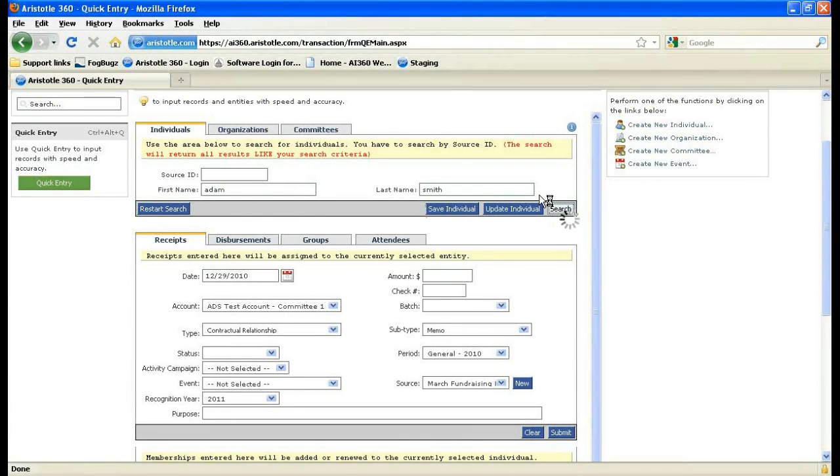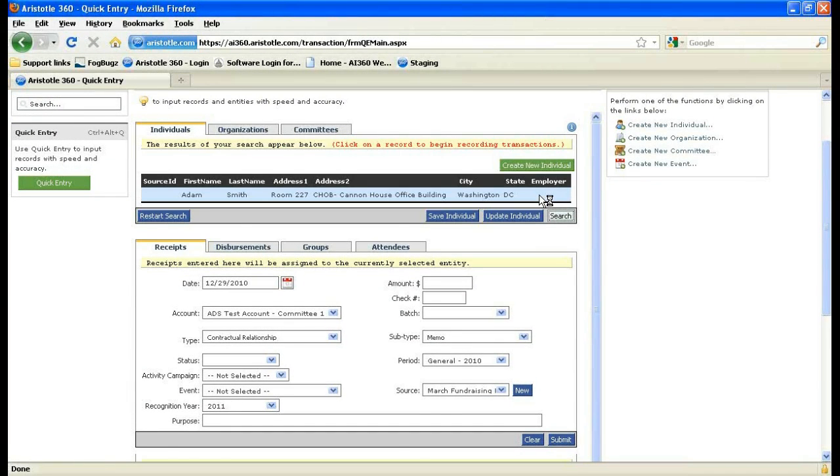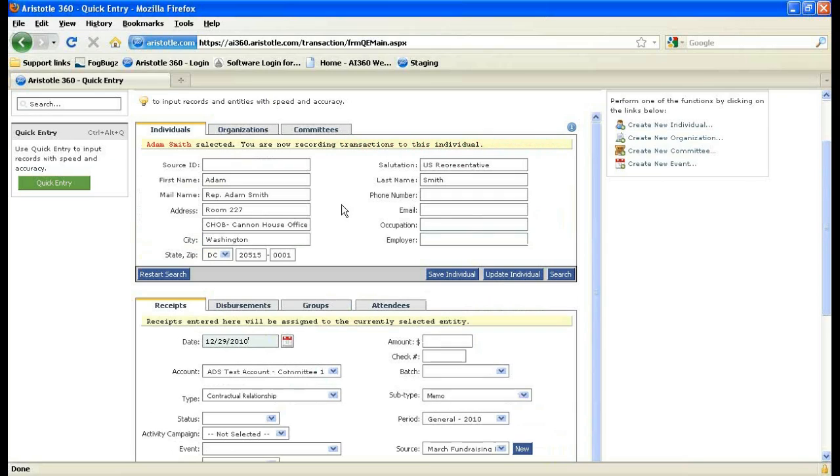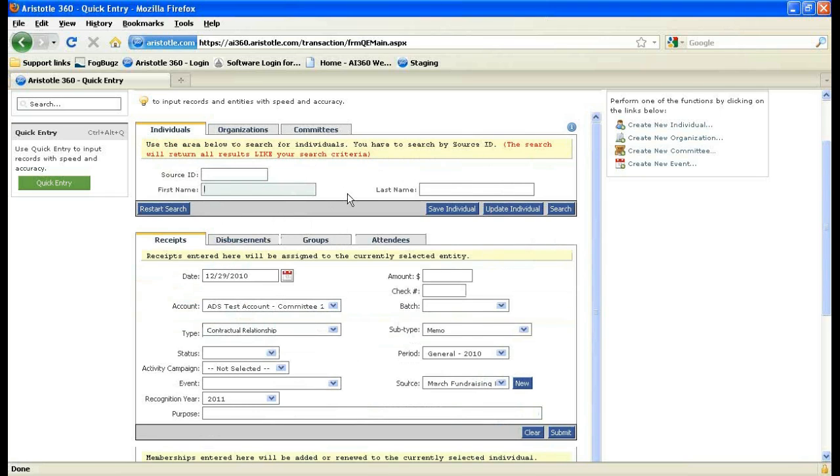You begin by clicking the search button to determine whether this individual already exists. And as you can see, Adam Smith is an existing representative in our database. Were we to search for an individual who doesn't exist, for example, we'll search for Adam Smith II,